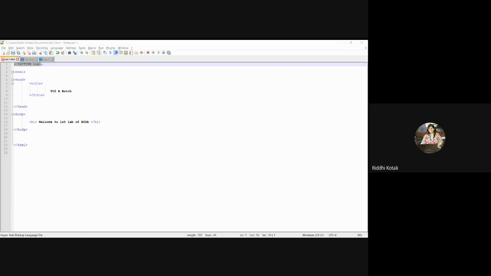Whenever you are accessing a website, it's a collection of many tags, many meta tags, and many kinds of functionalities running behind it. Hypertext: once you click on that website, it will redirect to the next page. For that backend, to build that kind of functionality, you need to go with HTML.